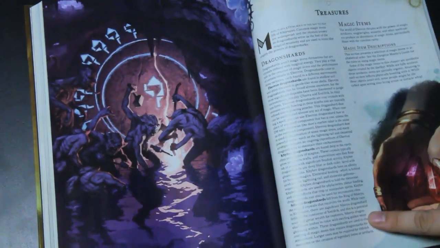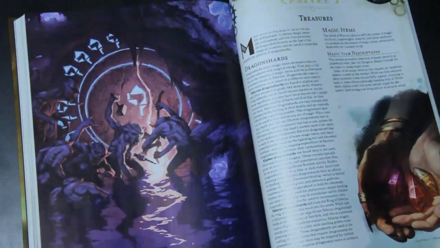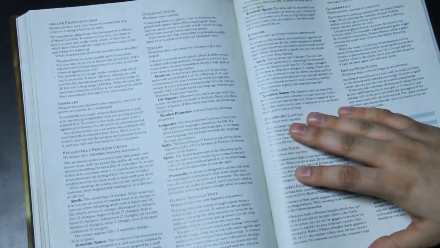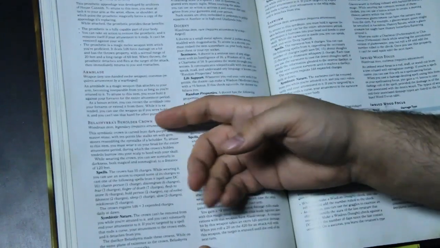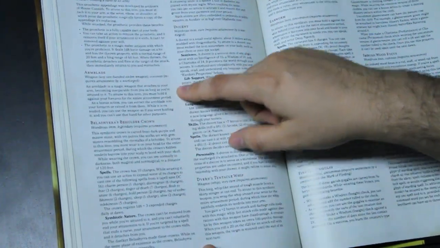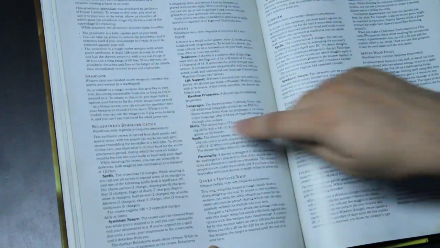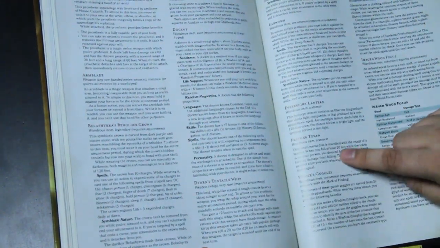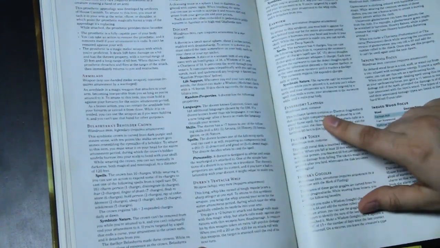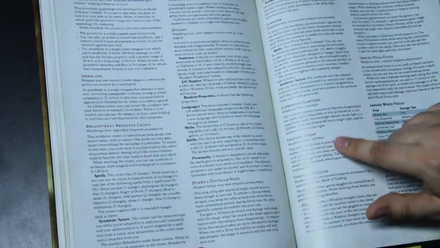First they go into Dragon Shards, which are the magical power source within the world. And then we get to magic items, which varies from the legendary Beholder Crown to the common Arm Blade for a Warforged, or the Everbright Lantern, which is basically a continual flame spell